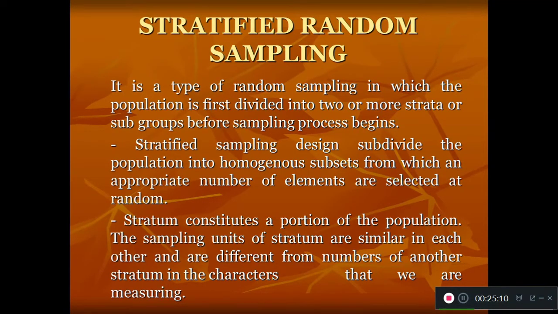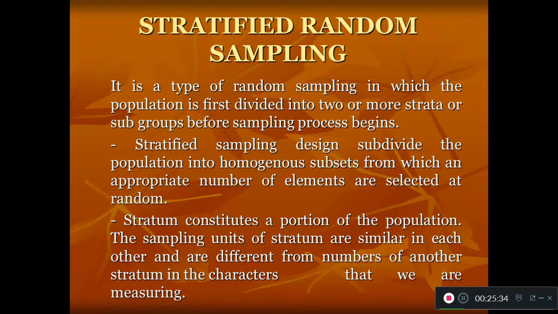Like GNM students, post basic students, MSc, like that various strata we are dividing. And from that strata, we are going to select the sample by using the random sampling method. Okay. So stratified sampling design subdivides the population into homogeneous subsets from which an appropriate number of elements are selected